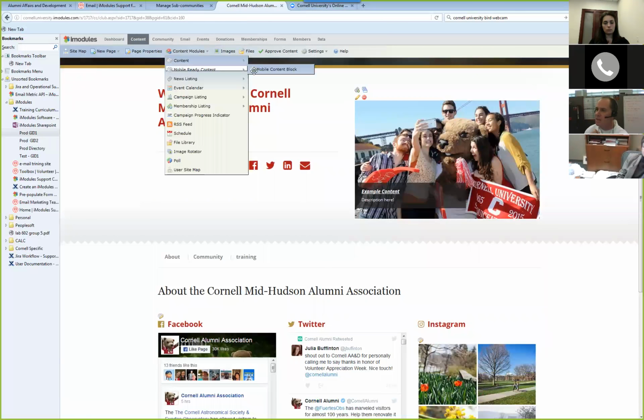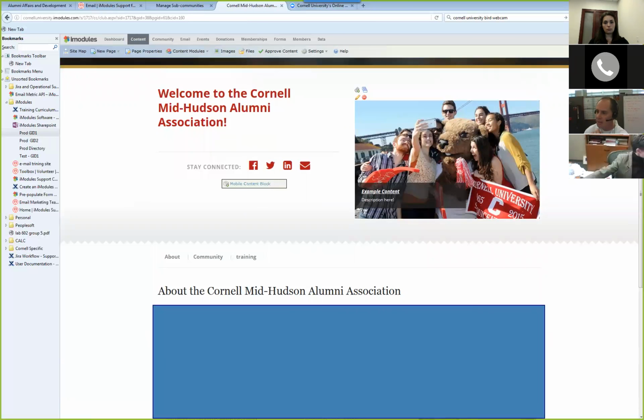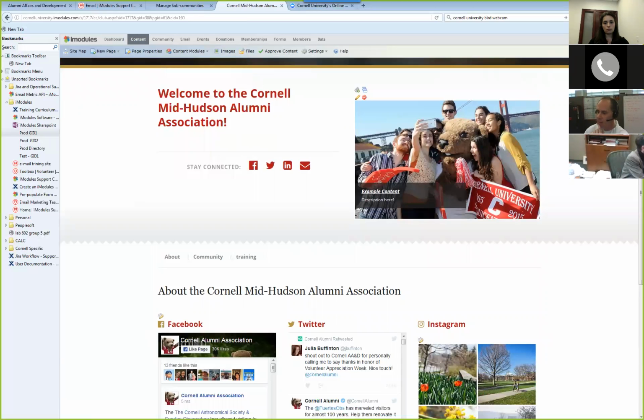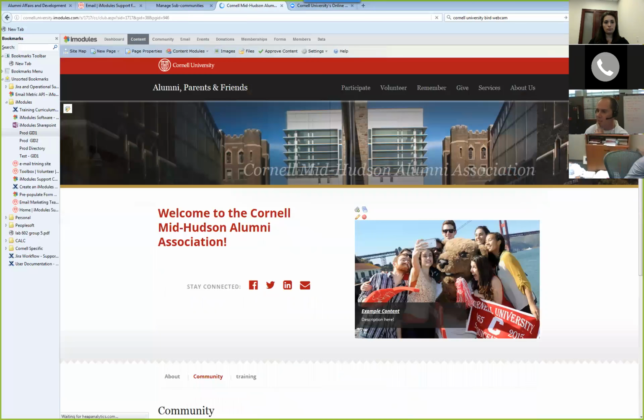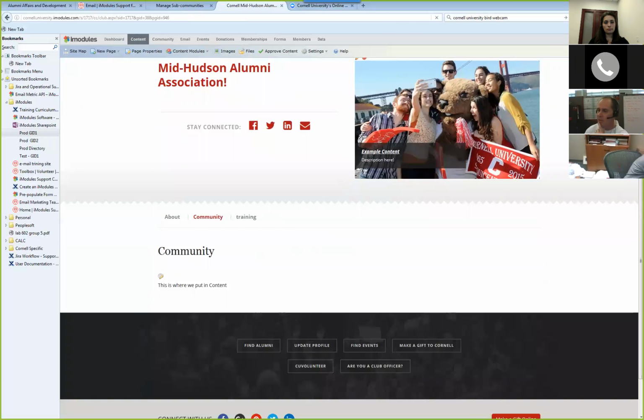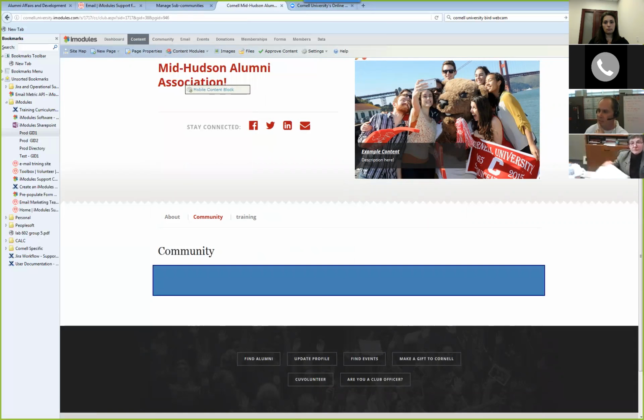So I'm going to grab this slot again, mobile content block, and I'm going to drag it right down in there. Oh, it keeps moving in the wrong place. Well, that's my bad luck. But let me show you how I'm going to do this. I'm going to go over here where it's a little easier. This is a test page. Notice this little icon here. I'm going to go back over here, click this content module, mobile ready, grab it, and then slide it down right there.